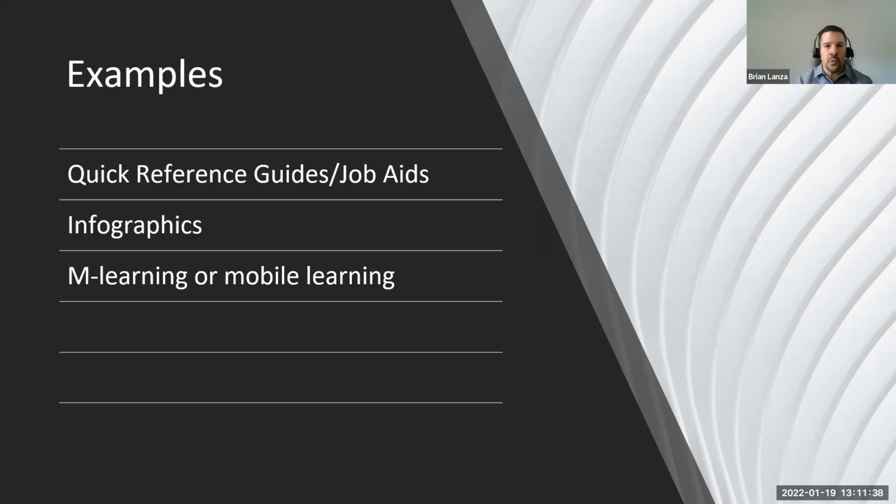Micro learning, mobile learning, right? Can they pull something on their phone? I worked on a training about a year ago where we designed it specifically for mobile. What was nice about it is that people could literally pull up anything on their mobile at any time. They got alerts through mobile. They can respond via mobile. I mean, literally, you can do the learning wherever you have your phone, which for all of us is pretty much everywhere, right? We take our phone everywhere. So that's kind of cool.